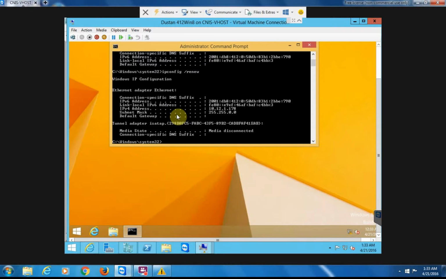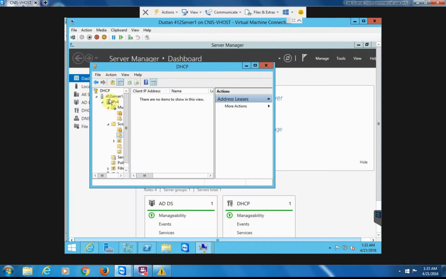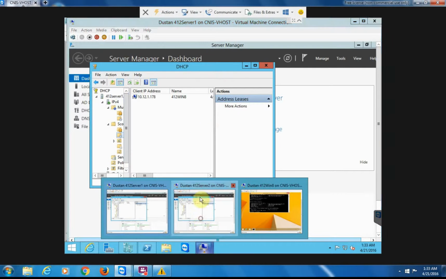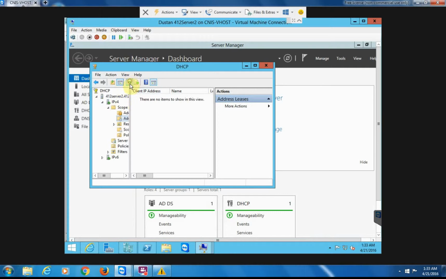Verify that the address lease can be seen on both servers and then close the DHCP console on both servers. Let's go verify it. There it is. It came back. There it is. It came back. Verify that the address lease can be seen on both servers, which we just did, and that is about it